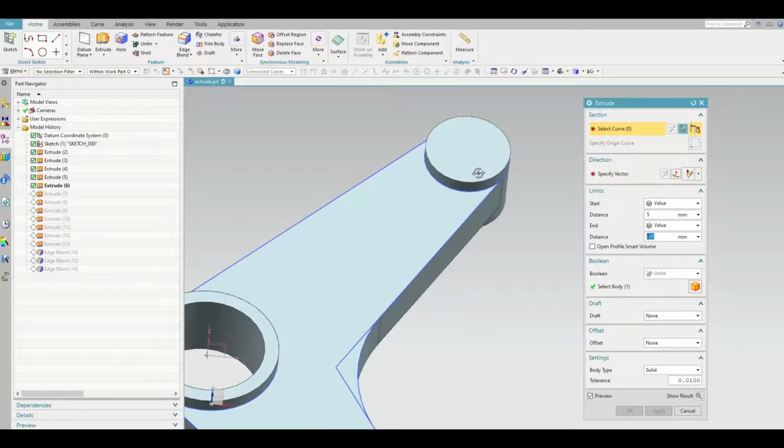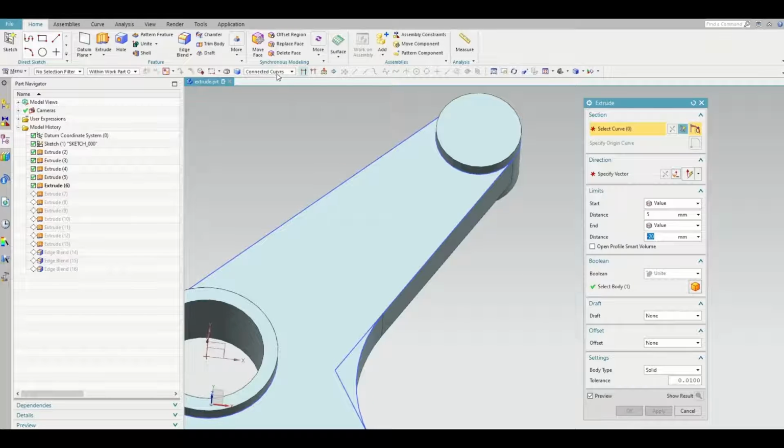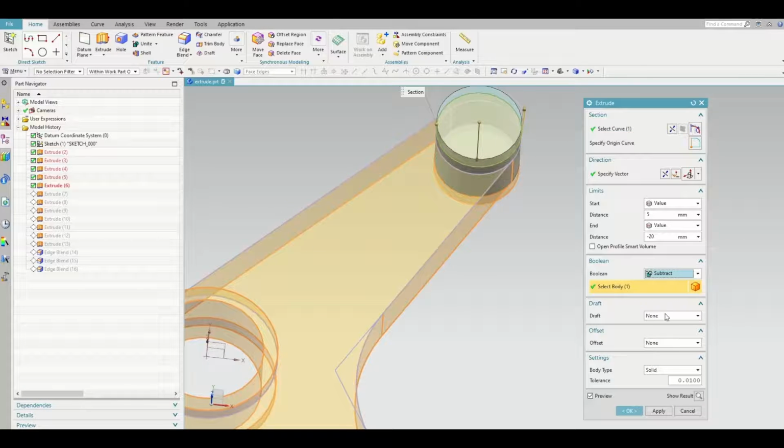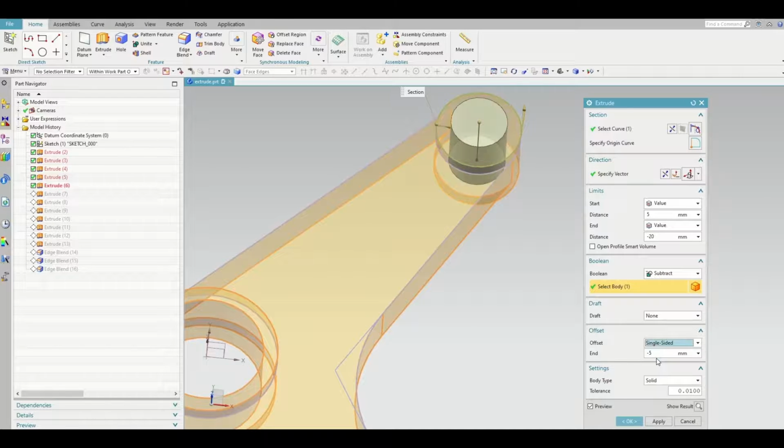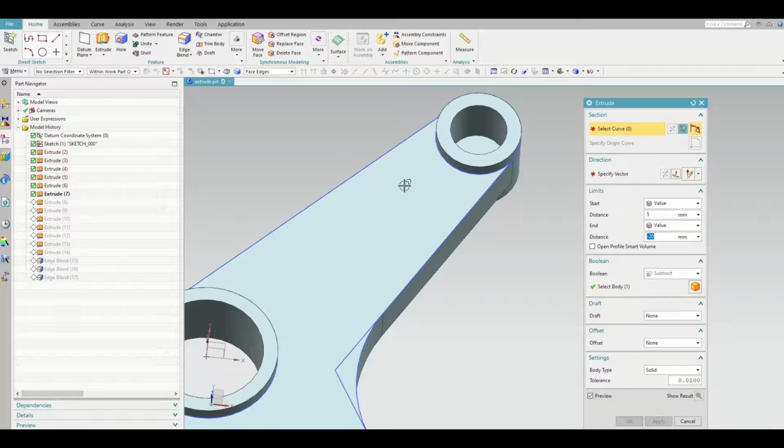So select the edges of that. See here, face edges. Just select the face. By default the edges appear here, and from here subtract. For the offset, we give some offset, it should be inside that region, -5 mm.